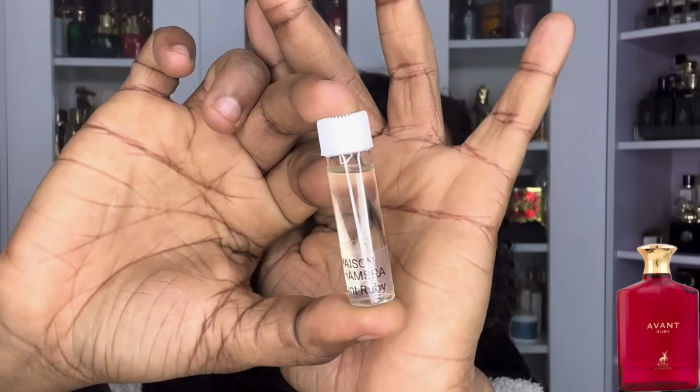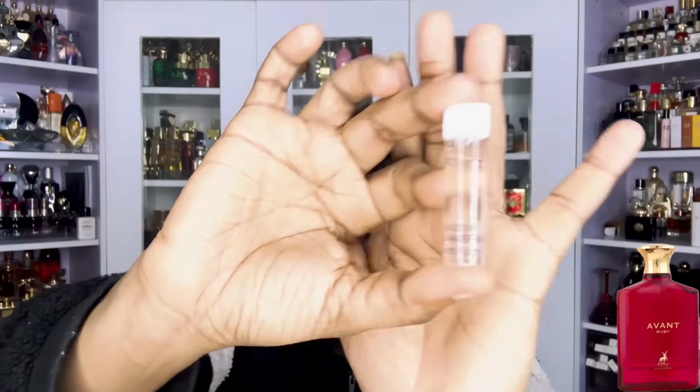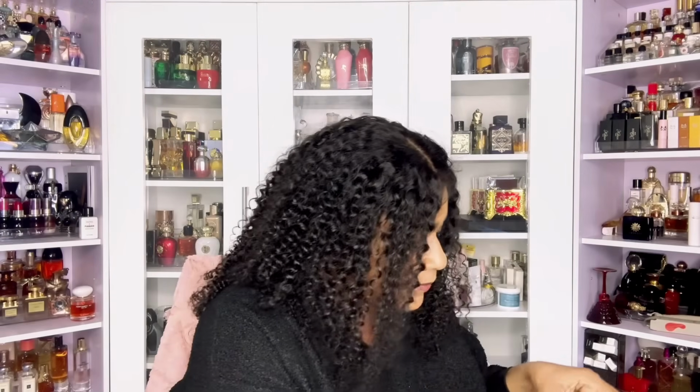and then we have another Maison Alhambra. This one was released together with Avant Silk, which is a fragrance that draws inspiration from Creed's Queen of Silk. So this one is Avant Ruby, and it has gone around or been compared to Camina, if I'm not mistaken. I think it is Camina. It can't be Eladaria, because we got Eladaria not so long ago. So I am going to also bring you this one and compare it with Camina,